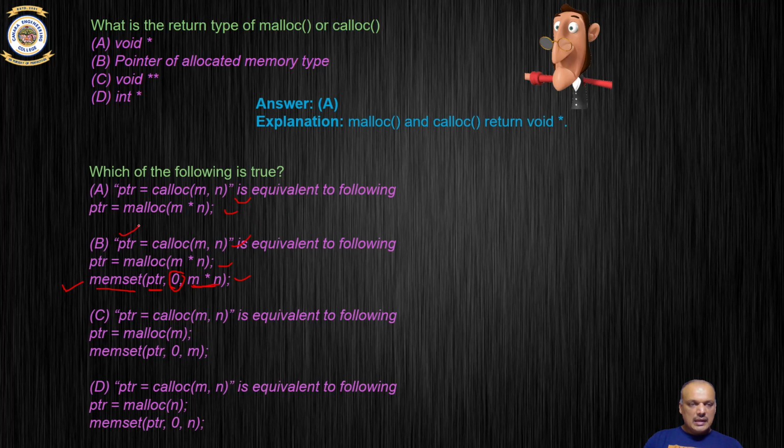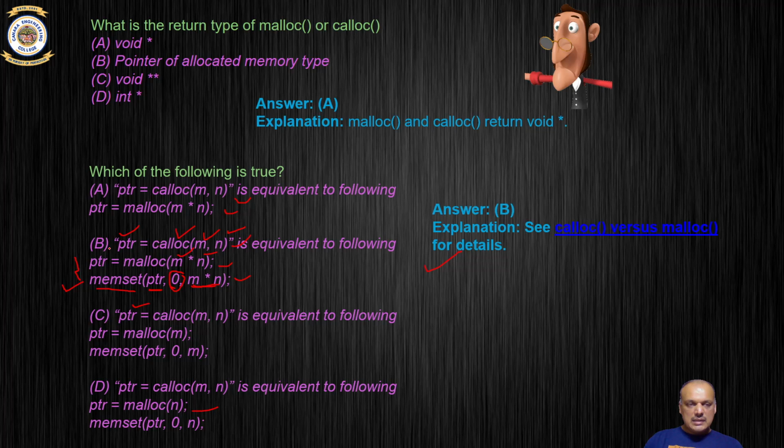So that is what memset does. Is this equivalent to these two, or is pointer = calloc(m, n) equivalent to pointer = malloc(m), or pointer = calloc(m, n) equal to pointer = malloc(n)? Okay, so which of these is true? And if you have guessed this as true, then you are right. Because we know that calloc takes 2 arguments, well and fine. Malloc takes 1 argument. Both of them are fine, but calloc basically initializes the memory space allocated to 0, whereas malloc doesn't do it.